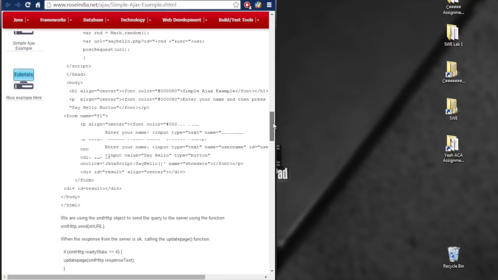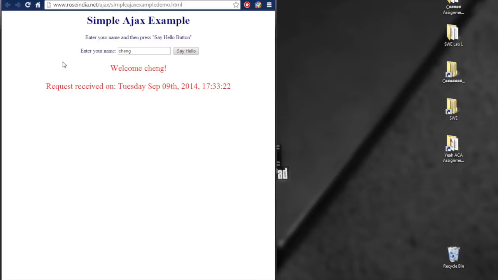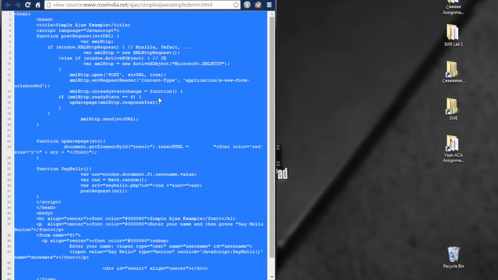So before that, I'm going to copy the code right here. Same thing over here. I'm just going to copy it, the page source code. The reason why I can see the HTML is because HTML is actually running on the client, which is in my browser. So I can just easily copy it